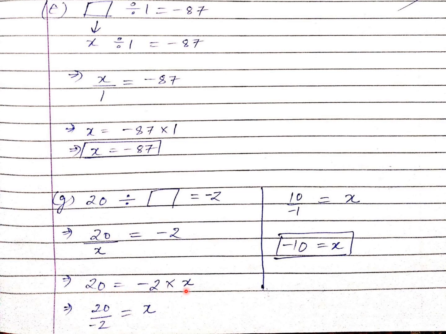Now I want to make this x alone on this side. We can say this minus 2 is extra over here and it is getting multiplied with x. As it is getting multiplied with x, when it comes to this side, it comes in division, and hence we have 20 upon minus 2. When you solve it, it becomes 10 upon minus 1, and when negative is in denominator, we can write it in the numerator also like this, minus 10 equal to x. I hope you understood it.